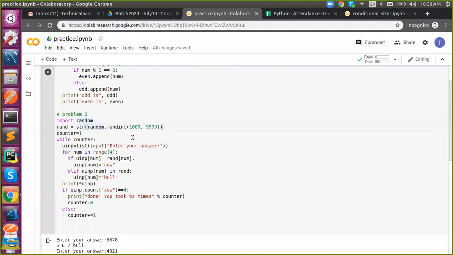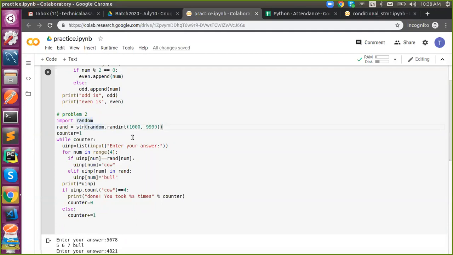So the first thing is that, say for example, there is a random number called 5158. You need to predict the number. The first condition is the number is a 4-digit number. If your prediction is 1, 2, 3, 4, and my number is 5158, we have to compare based on position. So 1, 5 is not a match. 2, 1 is not a match. 3, 5 is not a match, and 4, 8 is not a match.